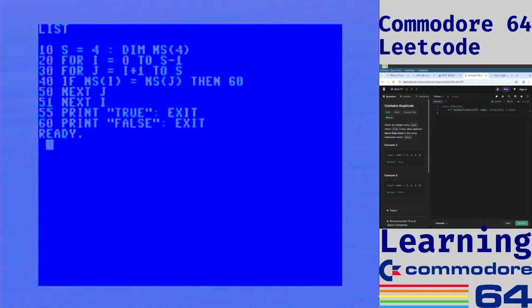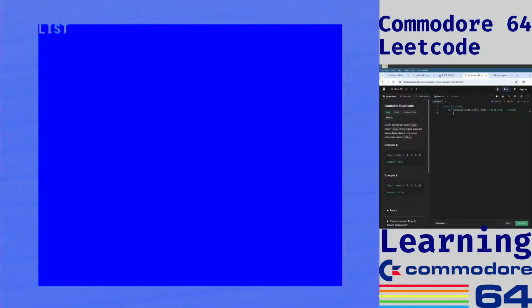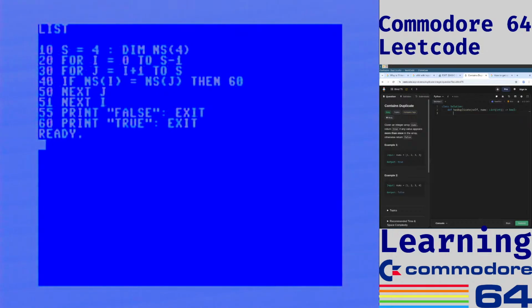Also, I'm realizing I got these flipped. So we want you to say FALSE, and I want you to say TRUE. List. Okay, so anyways,